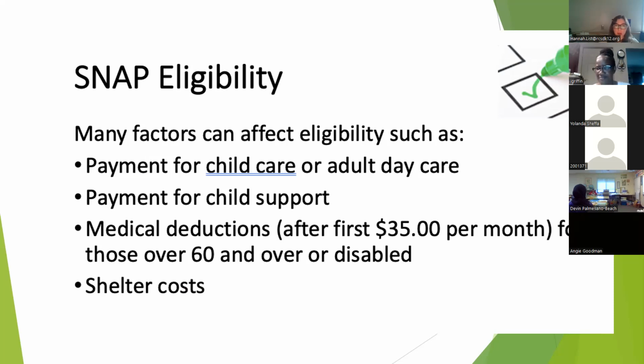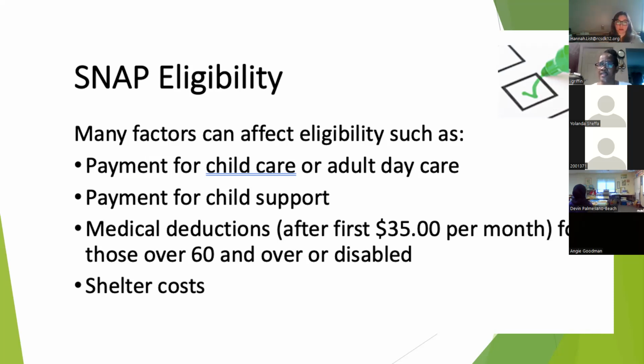So if people have these costs alongside needing money for food, this can make the amount of money that people receive from SNAP more or less. Basically, it states that